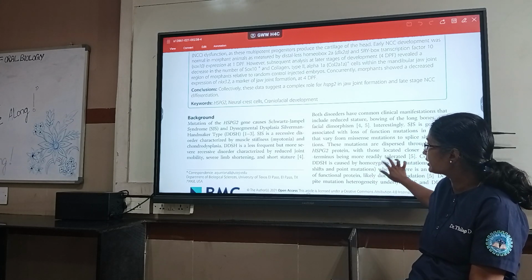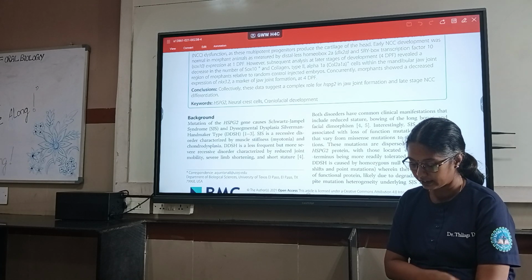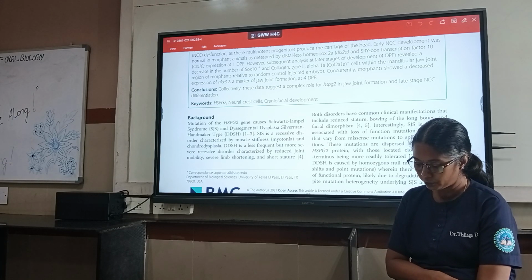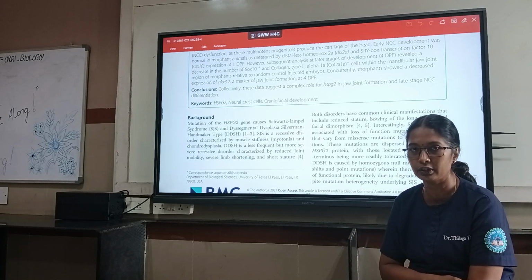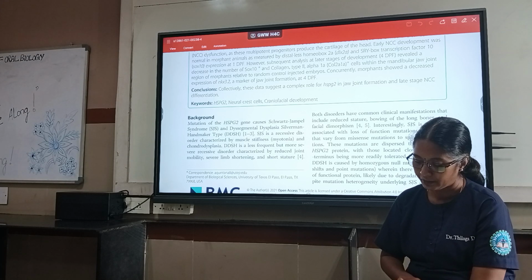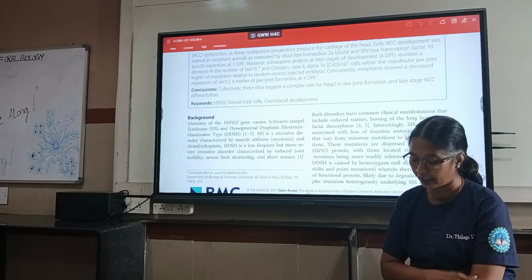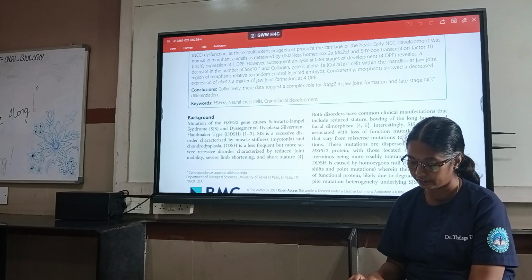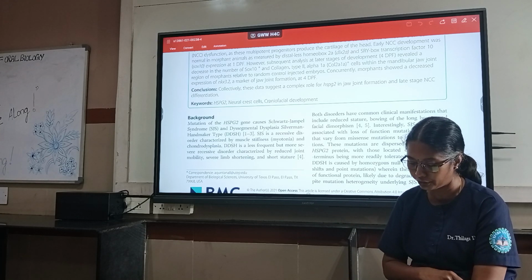Now when we go to the materials and methods, first they isolated the animal models. That is the wild type fish, and the embryos were maintained in the E3 embryo medium at 28 degrees C, and adult and larval zebrafish were euthanized and anesthetized according to the guidelines. So this is an animal study, so it follows the guidelines. And then they used antisense oligonucleotide morpholino design and microinjection. Antisense RNAs are used to alter the genetic information so that we get the mutant type of fish we want. That is called a morpholino design.